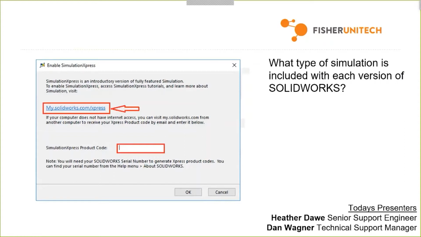Simulation Express is basically just a lighter version of simulation. It can't be used on assemblies. It can't be used on multi-bodies. But what you get the ability to do is run a stress analysis on this part. It even has a little user interface that really walks you through how you create your fixtures, how you create your loads,